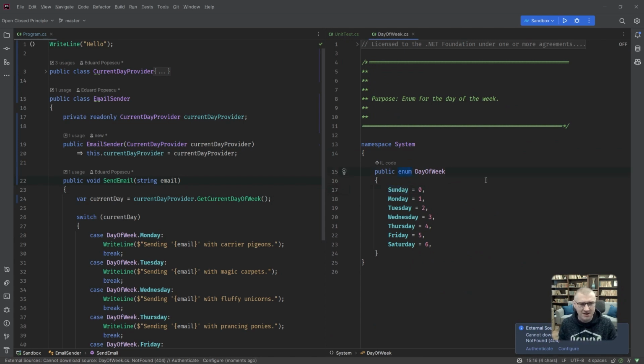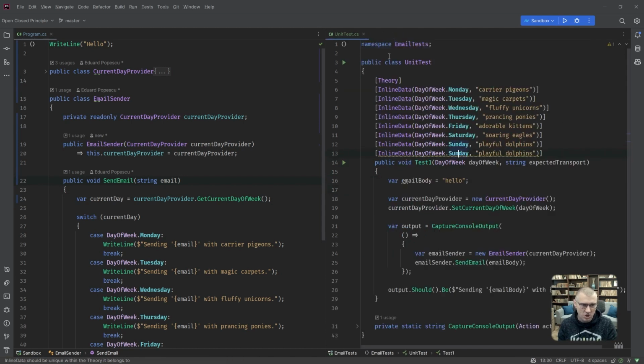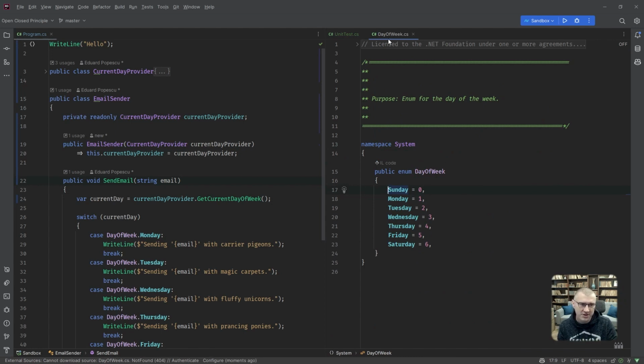And enums are actually just labels slapped onto integers. So, hey, integer 0, we're going to call it Sunday. Okay, fine. However, you can forcibly cast an int to an enum, although that int is not in the original definition of the enum.